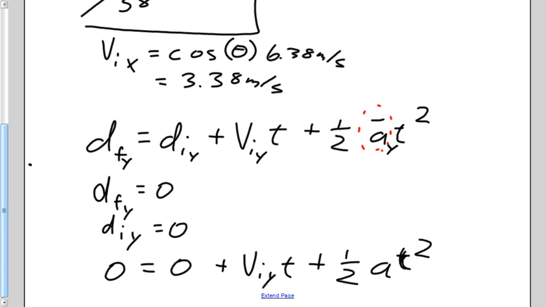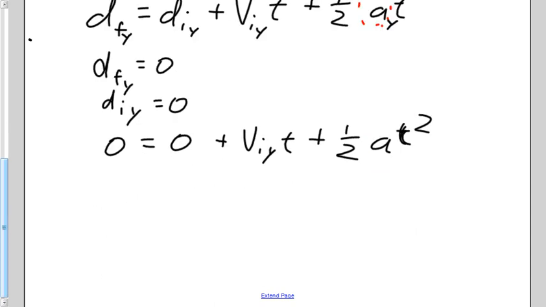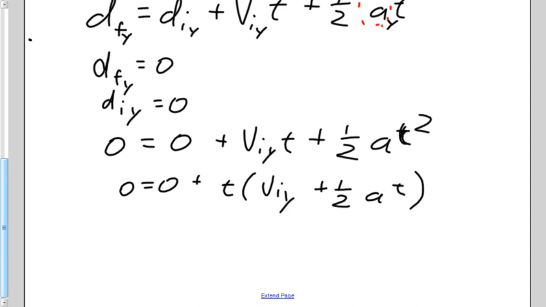And so now that those two things are 0, what this allows me to do is to factor out a t. So I'm going to do that. So 0 equals 0 plus, I'm going to factor out a t. Watch this. I have the initial velocity in the y direction plus 1/2 at. I've factored out one of the t's. And what that means